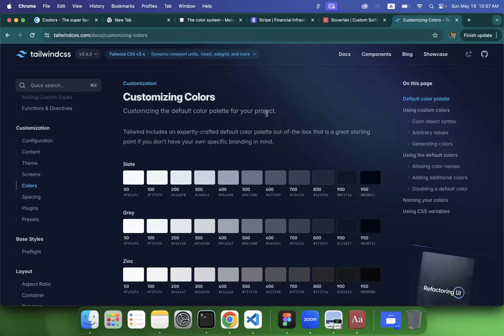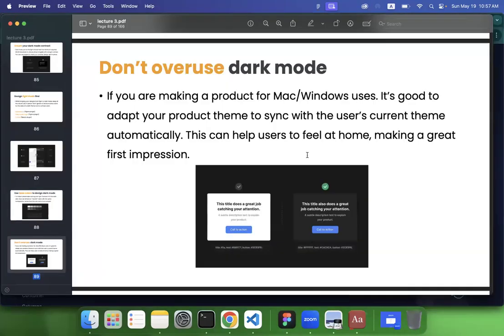So if they visit a website, if they prefer the darker version and your website is in the light version, it is not the behavior that they are expecting. So they don't feel at home. So you have to make sure to